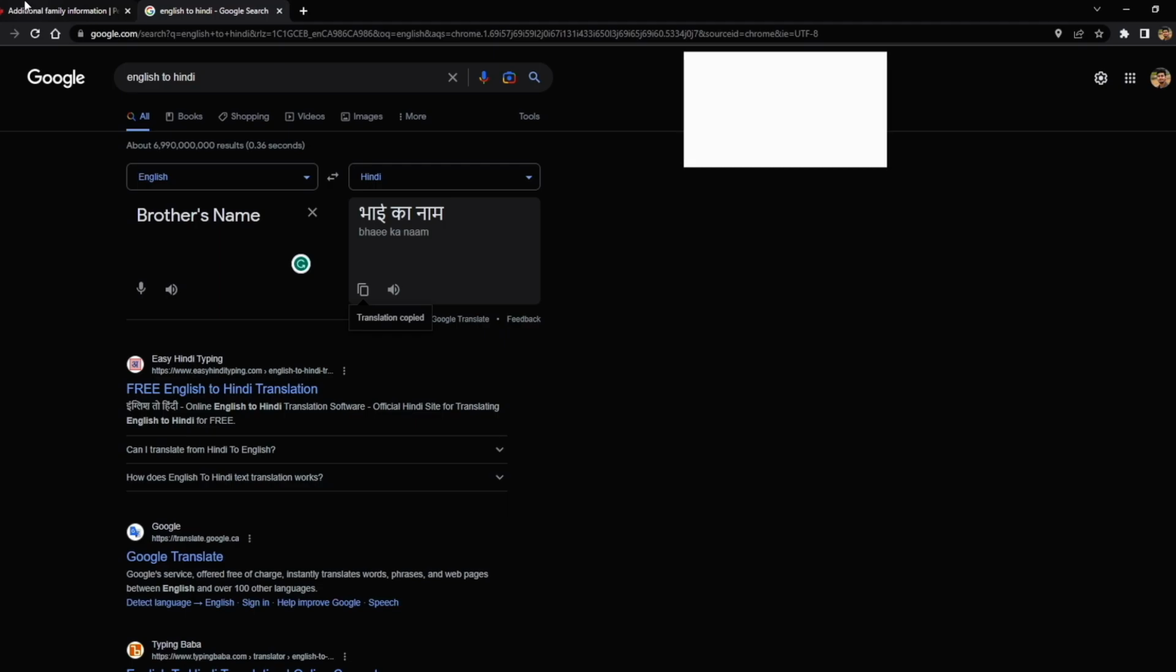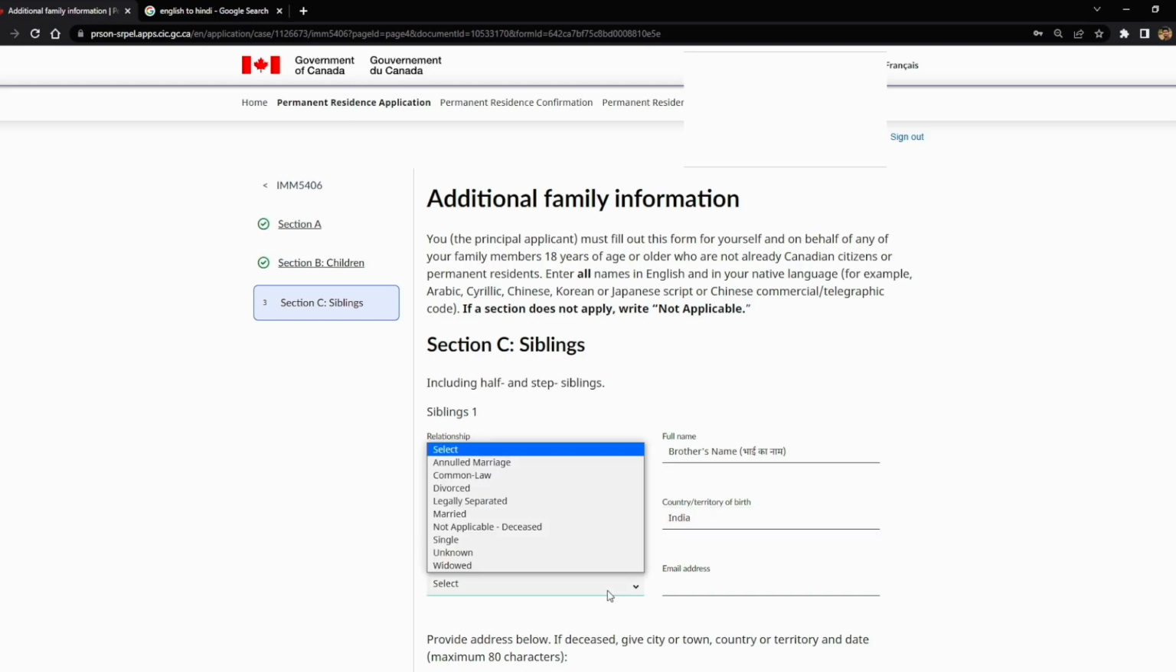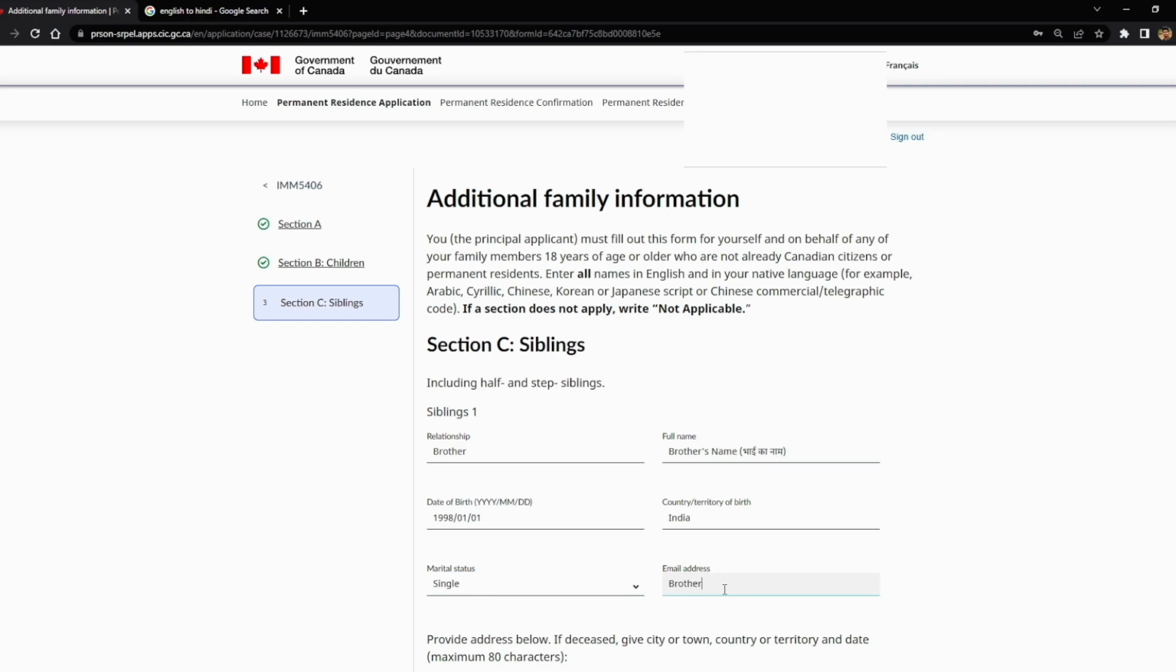So we'll just copy from here and paste it. So do not forget this point. Date of birth, I can just write a sample date of birth, 1998-01-01. Country of birth, I'll say India. Marital status, he was single at that time, so yeah. And email address, brother